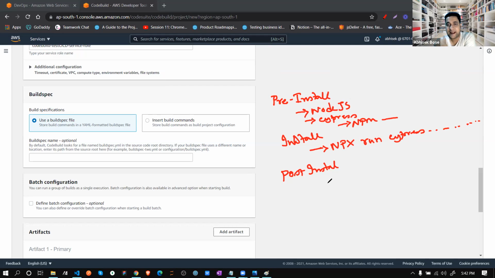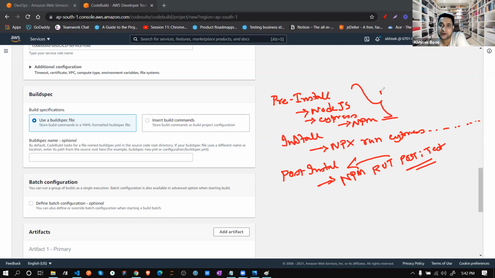And in post, if you have any reports part, we already saw that, like the npm run post test we created previously. So the report part you can run from this post. Basically here you are installing the dependencies, here you are running your code, and here you are generating your reports.